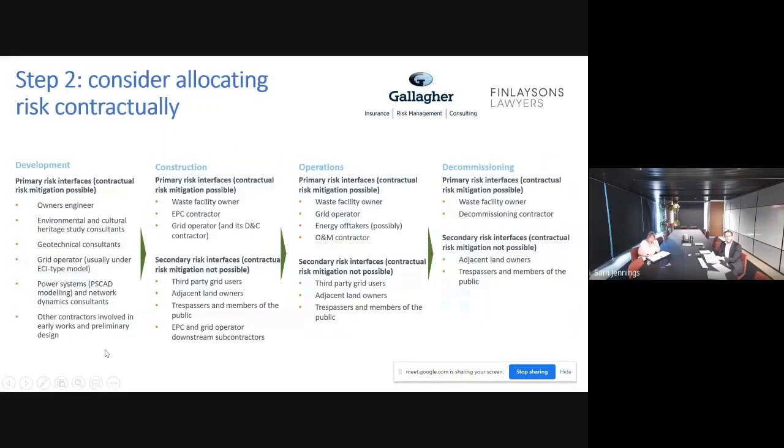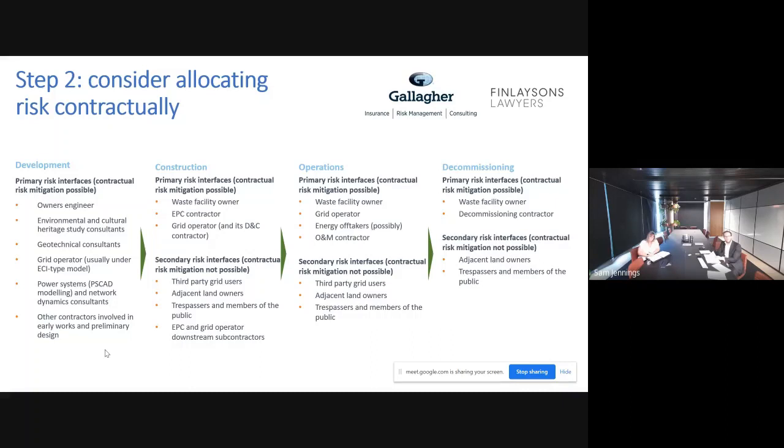So the next slide's really essentially another checklist item for the participants in this webinar to have a think about who are the different players in the different phases of my project. Obviously, you're going to have different risk profiles during construction where you have multiple contractors on site who are interfacing with each other, which would be the time where you have the most activity and the most interface